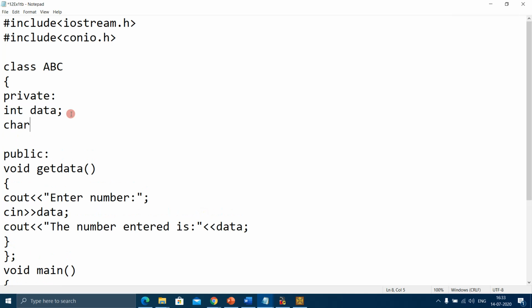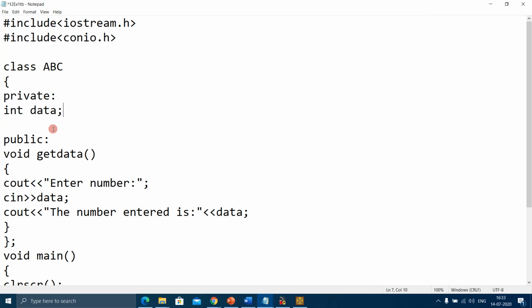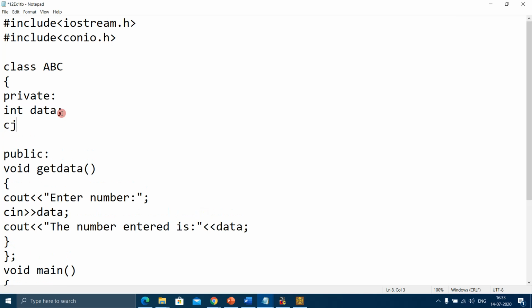If I write, for example, char d semicolon, this variable is also private because it falls under private. Now in public we have a function. When you're writing another one, you have to write the keyword char and any variable name, then a semicolon.